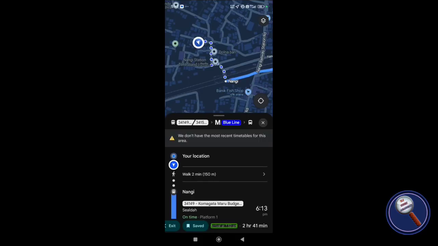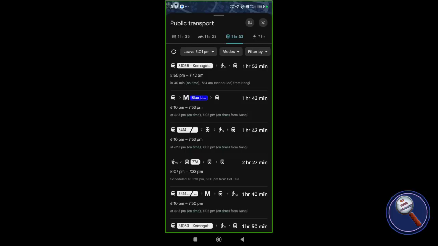Train 34001. Okay, I hope this is only applicable if I go somewhere. So currently I'm not going somewhere, so I think this will not work for me right now. So I'm sorry guys, I cannot show you this right now. Train 34149 Komagata Maru Baj Selda local, then metro rail blue line, then bus. 2 hours 41 minutes. So guys, this is the way you can find the steps of any places, any unknown places